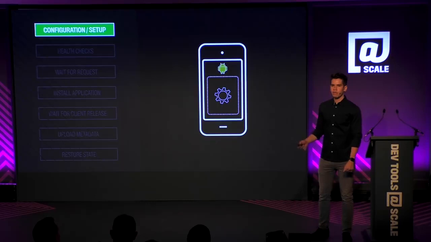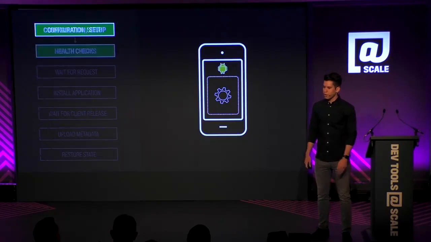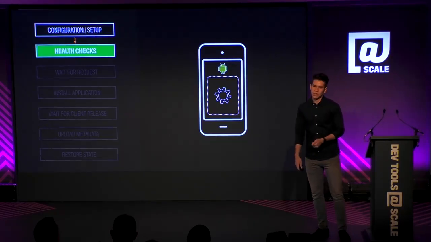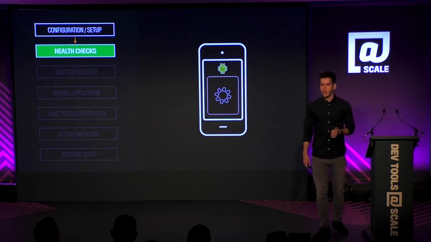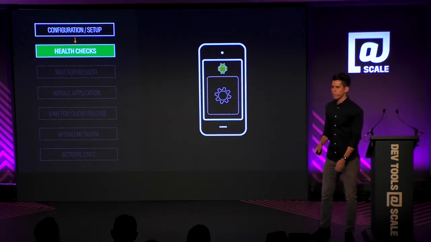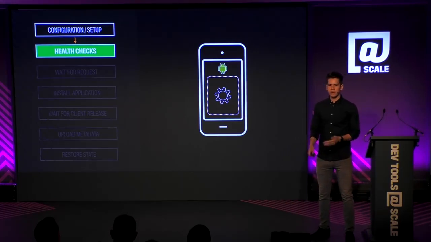But now, given that you have a resource that you can control remotely, we also need to perform some health checks. If a client wants to use one of our resources, we want to make sure that resource is ready. And basically, these health checks depend on the type of the resource that we're talking about. If we talk about devices, they are really hard to do health checks on. For some of the health checks on devices, we might need a technician to go to our data centers and actually repair the phone or remove it from our fleet. Other health checks on devices can actually be solved by simply charging the phone again.